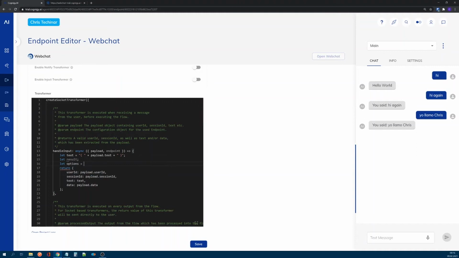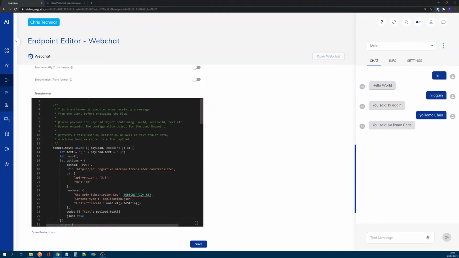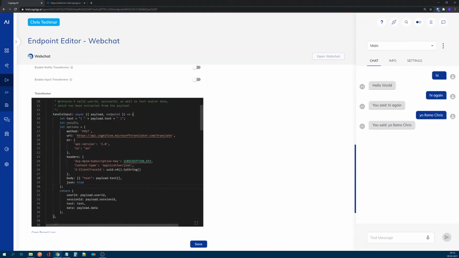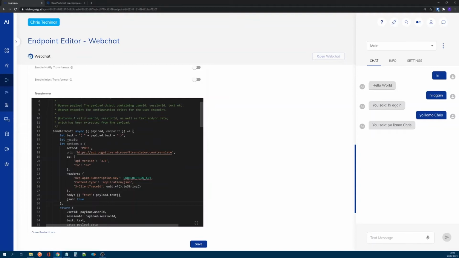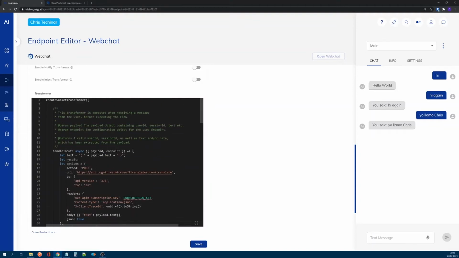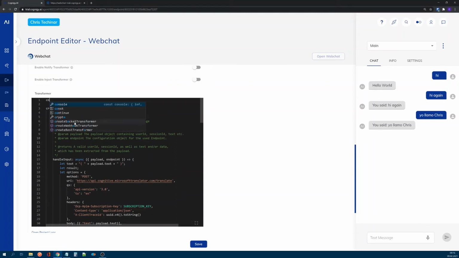I've already prepared the options object beforehand to comply with the Cognitive Services Translator API. You can see it now requires a subscription key, which we currently do not have inside the transformer code. So let's add this here at the top. This makes it easily configurable later on. And let's leave the subscription key empty for now.